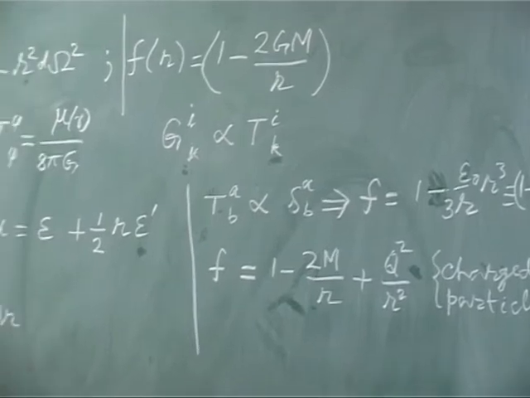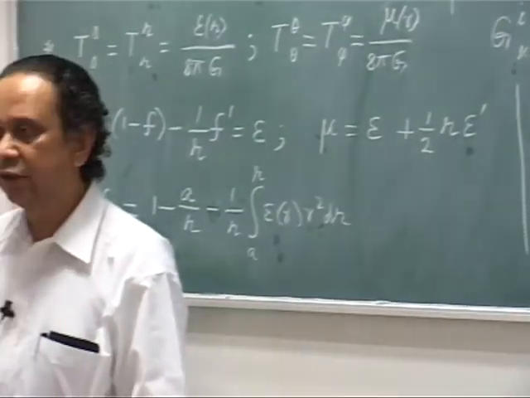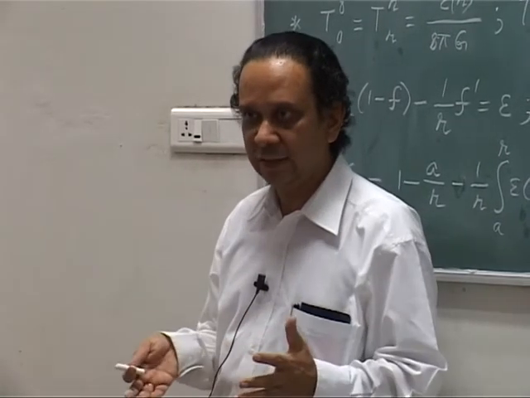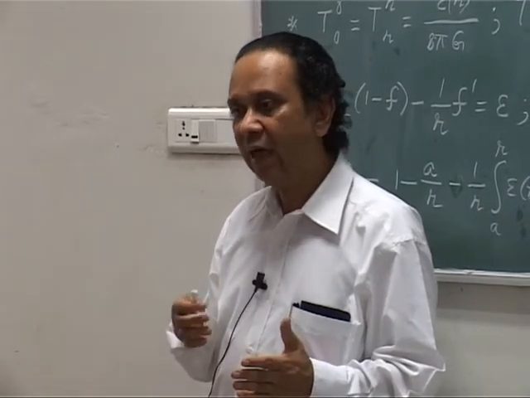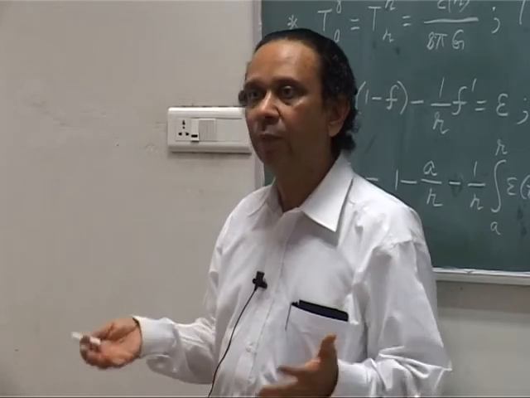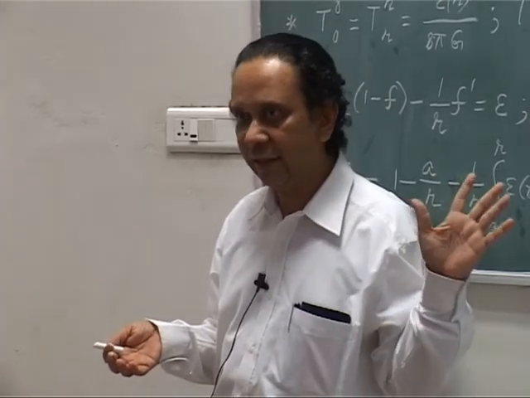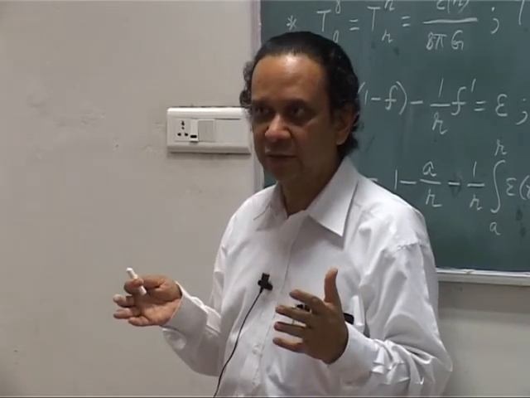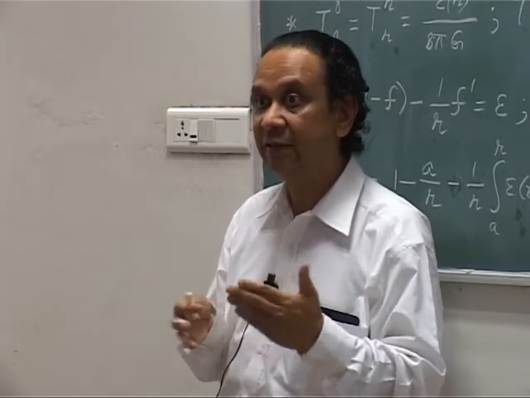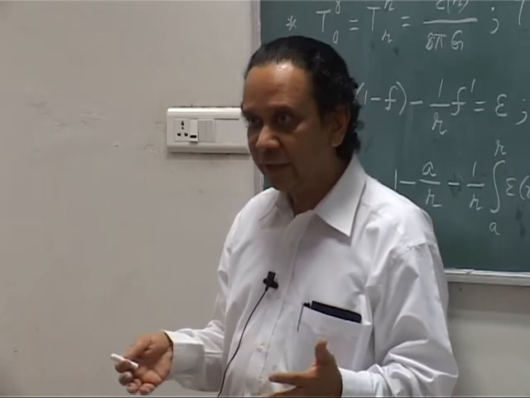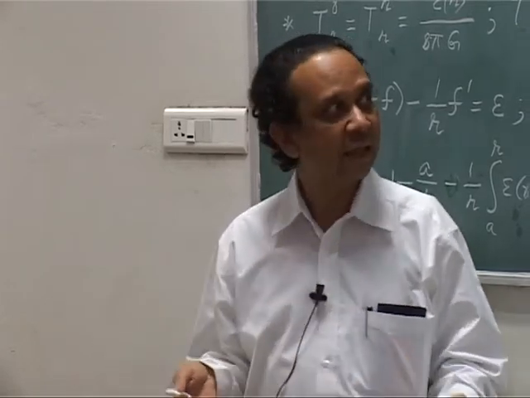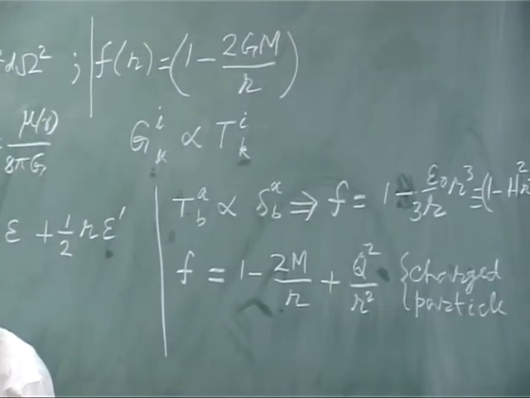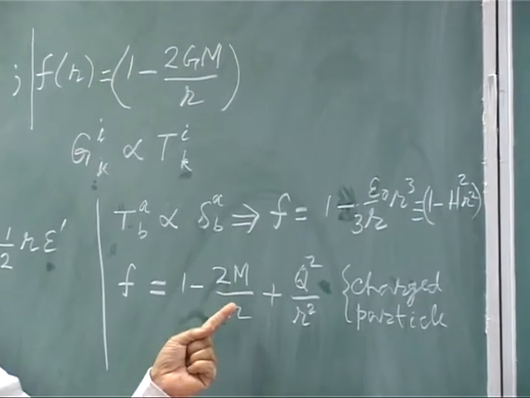Now it turns out that there is a theorem which tells you that if you have a black hole solution, and it has a mass, charge and an angular momentum, we have not even discussed angular momentum, then all such black hole solutions can be characterized by just these parameters. If there is no charge and angular momentum, it is characterized by just one number, which is the mass. If there is charge and mass, it is characterized by m and q.